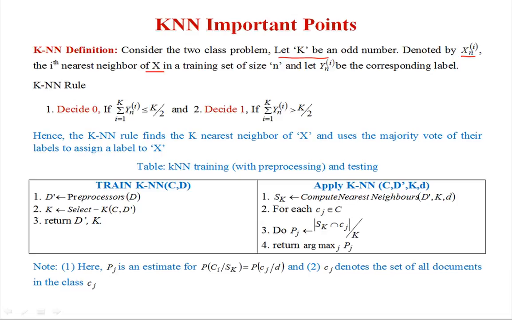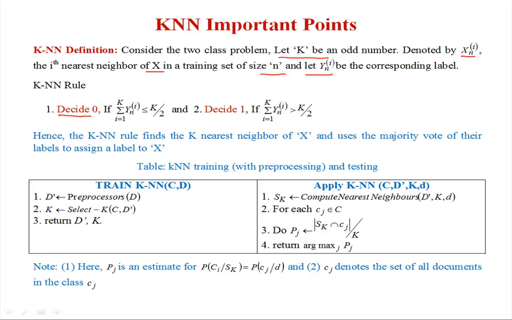In a training set of n documents, similarly let y_n be the ith nearest neighbor of y in the training set of n. Now according to the K nearest neighbor rule, we will decide that